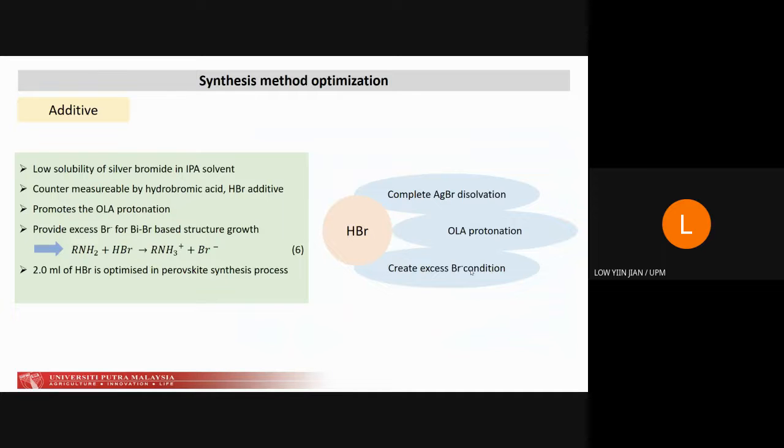However, excess HBr will increase the polarity of the reaction system and result in perovskite dissolution. And the usage of concentrated acid is also not recommended in the microwave instrument, which may reduce the instrument lifespan by acid corrosion. Hence, in this study, we only optimize the HBr amount to 2 ml without compromising the material's purity.